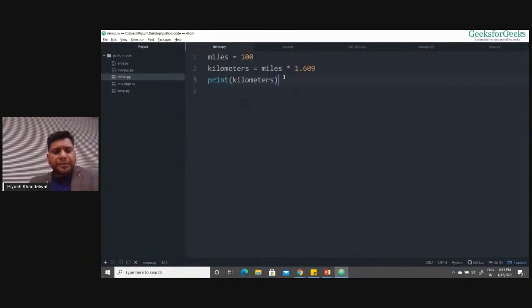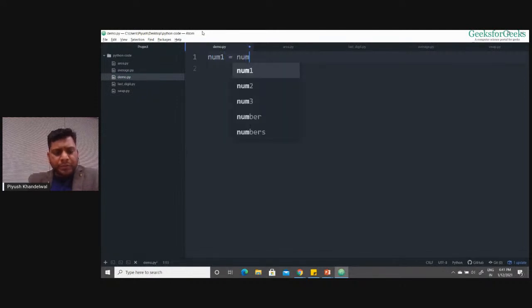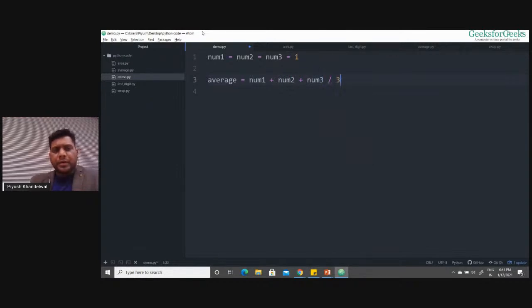Let me go to demo.py. Here I have num1 equals num2 equals num3 equals 1, so this is again simultaneous assignment, right? Now I need to compute the average. So I computed average equals num1 plus num2 plus num3 divided by 3. Now if I print the average,